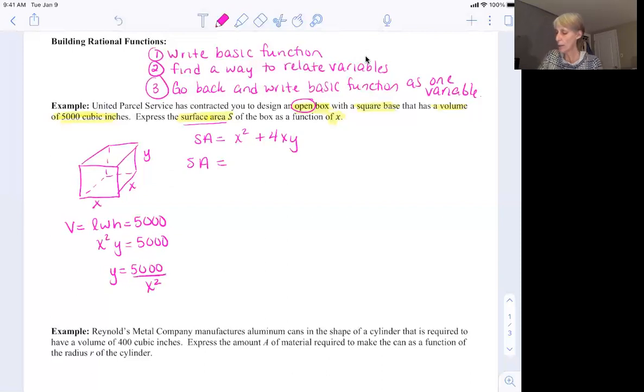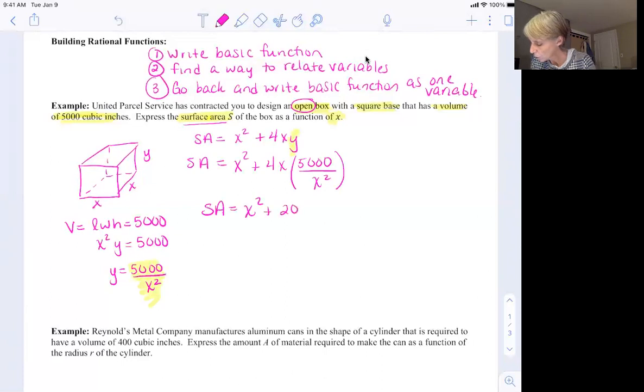So now I can go ahead and replace the y here with what it's equal to. My surface area formula would be x squared plus 20,000